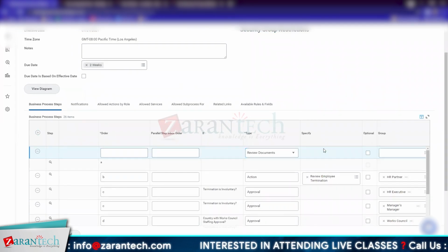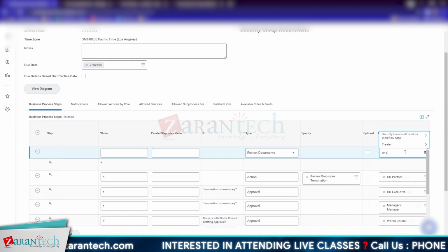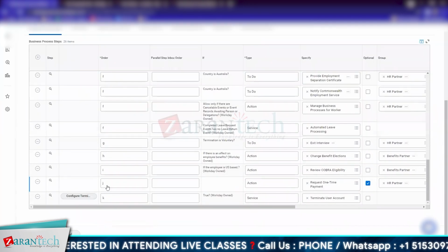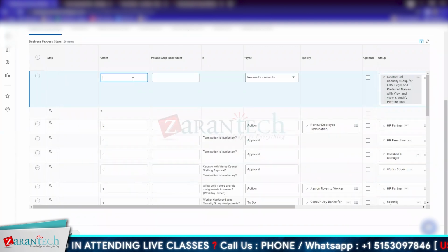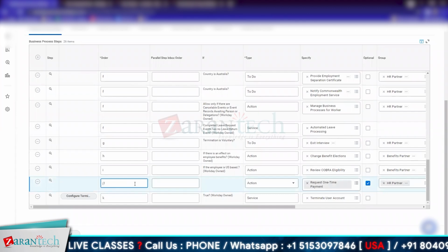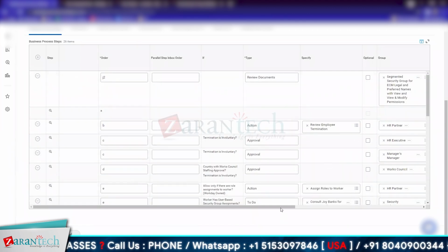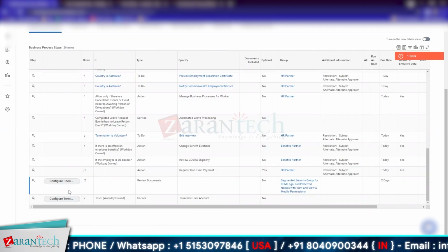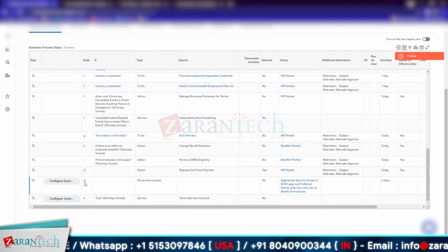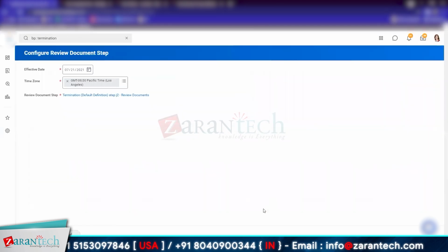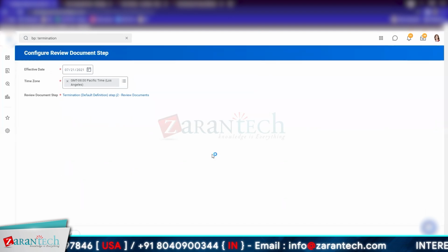Say I need to do review documents, and who can review, say HR. If I have a legal group available to review documents, say step K was my last step, so I can say J2, and I can switch this to J, say I give it 2 days. So now after J1, the request one-time payment, the last step or the second last step I've configured is review